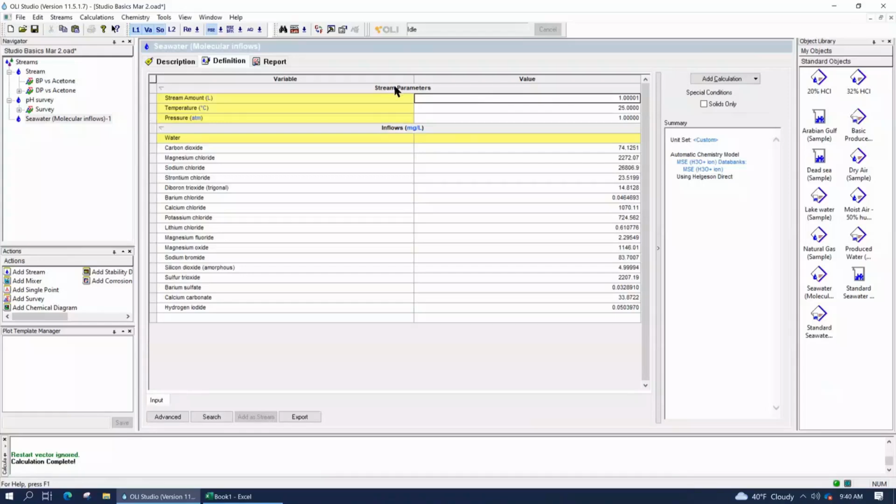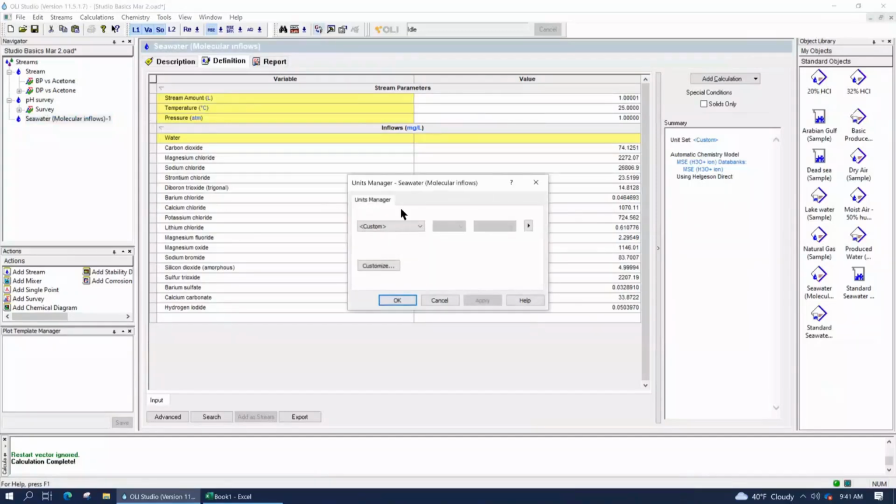Right now the units are volume, and there's a pre-calculation that the software requires that I don't want to explain right now. So what I'm going to ask you to do is, at the seawater level, click on the units manager and change the units to metric batch. Let's just make it mass.